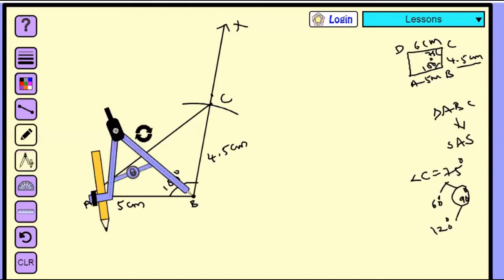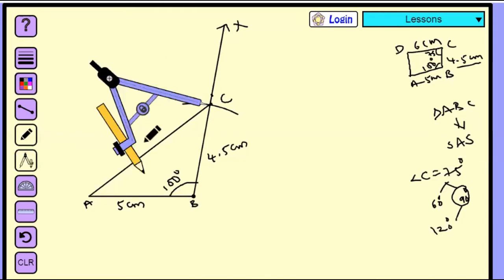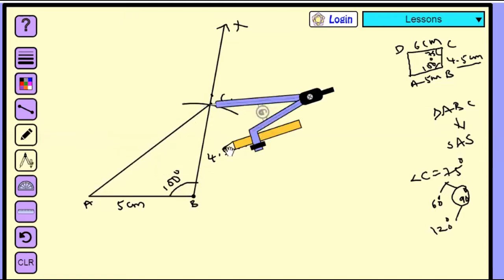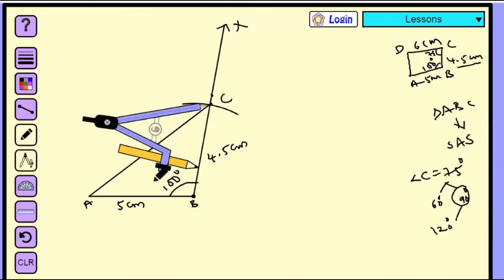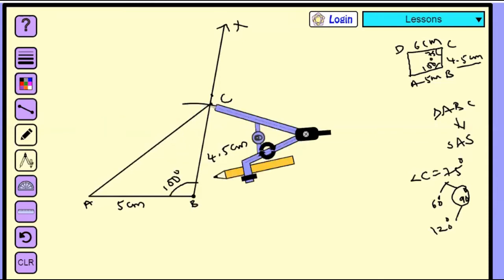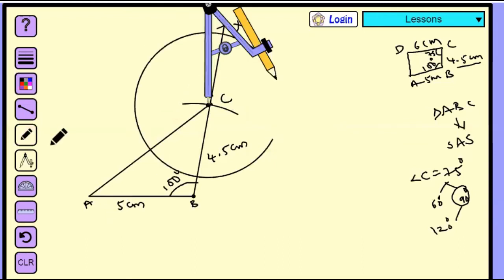Now you should take the compass and place it at point C. Why? Because we are constructing angle C. Now take the compass radius as more than half of the length of CB. So it is the CB length, taking more than half, and with C as the center, draw an arc here.